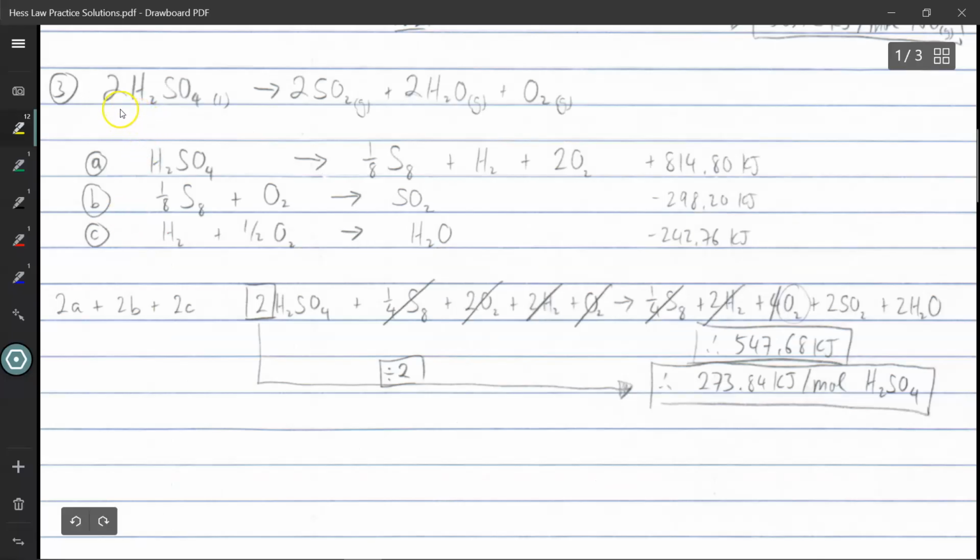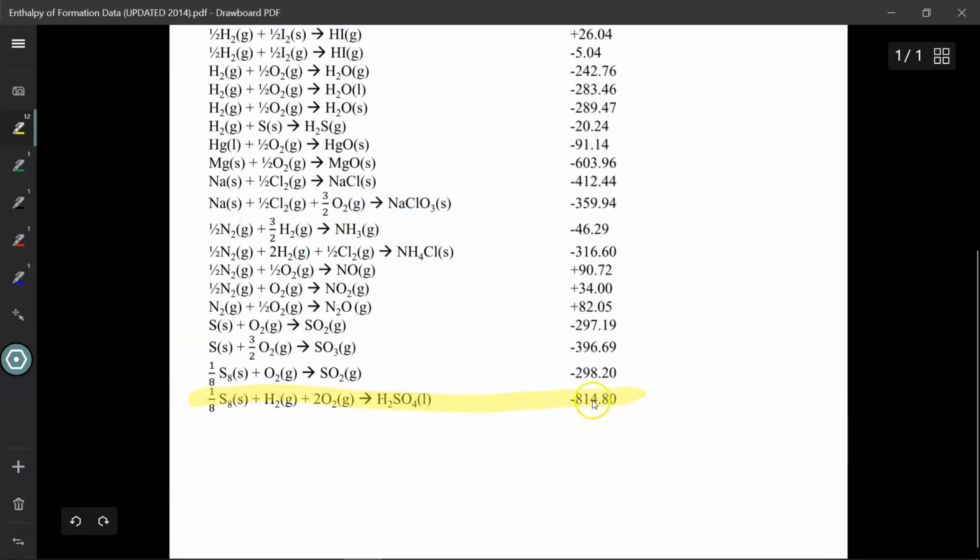Alright, so the first step is to make sure you balance the equation. If you do not balance the equation, you'll miss out on these coefficients and then nothing works out from that point on. After balancing the equation, we now need to pick which equations we're going to use to assemble them into our target equation. So I'm going to look for H2SO4, which is at the bottom over here, and that'll